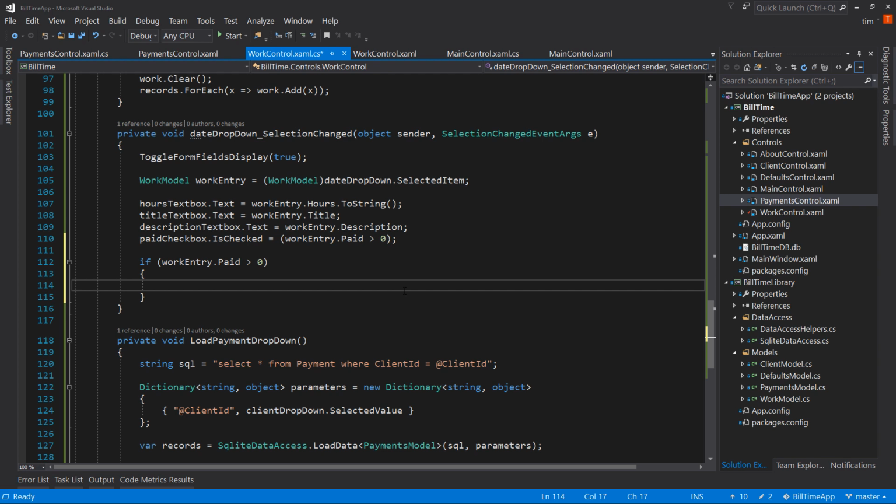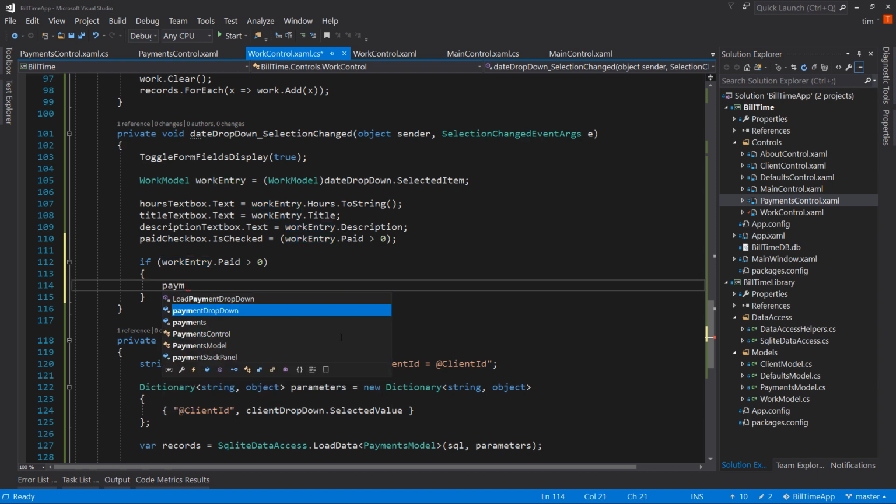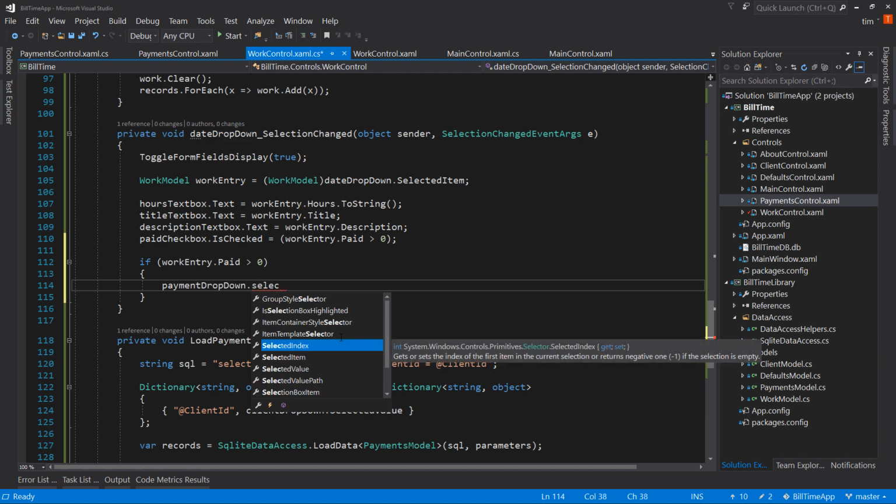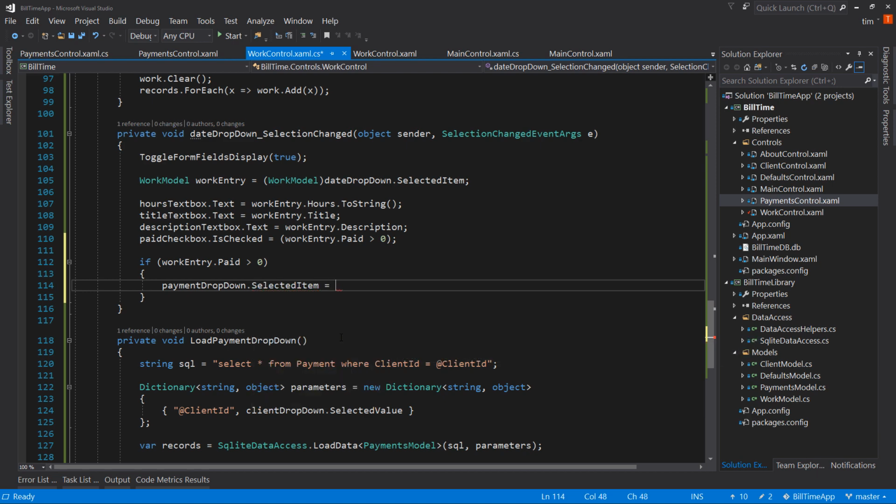Therefore, I should have a value in my work entry dot payment ID. So what I'm going to do is I'm going to do something a little bit tricky. I'm going to say the payment dropdown dot selected item equals